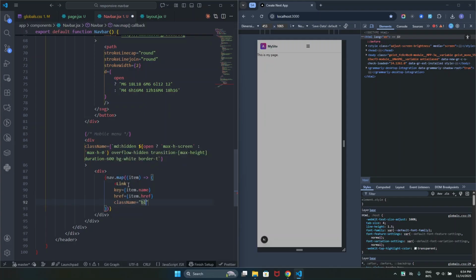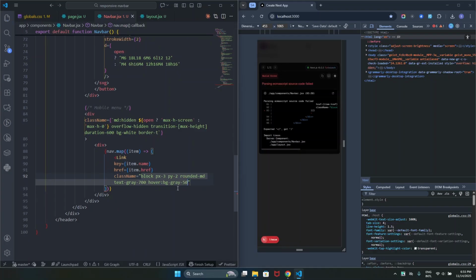the class name will be, I want it to be block, px3, py2, rounded md, text gray 700. Also when you hover it, it will be bg gray 50. Okay,